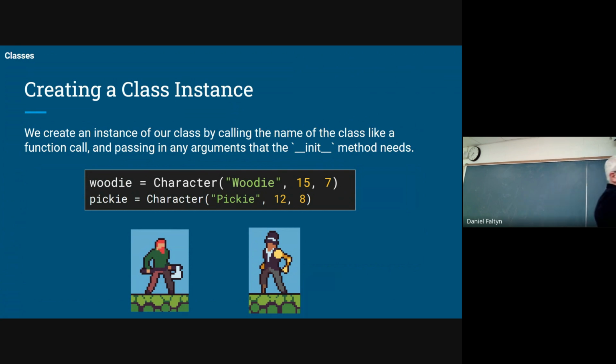Just like you wrote your own functions, and we talked about how you call the function. How did we call the length function? Well, the name of the function, len, open parentheses, and if it took a parameter, the parameters. How did I print something? Print, open parentheses. You had to write a function, calculate total. How did you call it? Calculate total, open parentheses. So if I want to instantiate a character, what's actually happening is the interpreter is calling